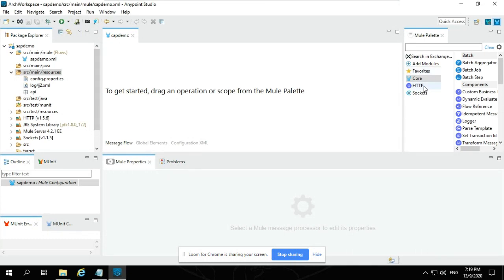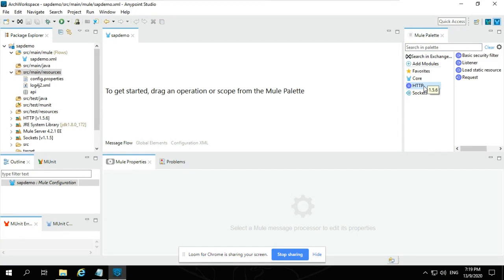We are going to trigger our flow via HTTP. Whenever there is a request coming from HTTP, we get the input from our HTTP request and pass it to the SAP function. The SAP function executes in the SAP system and gives a response back.